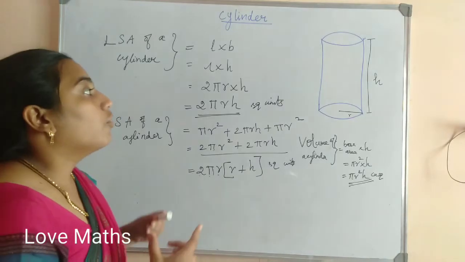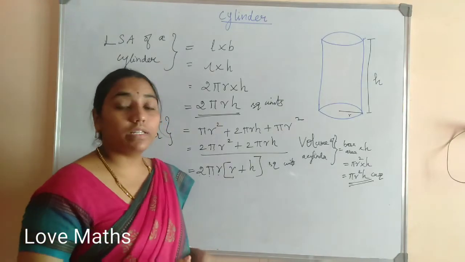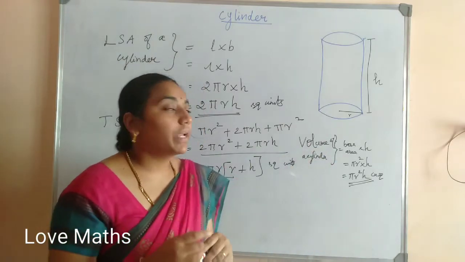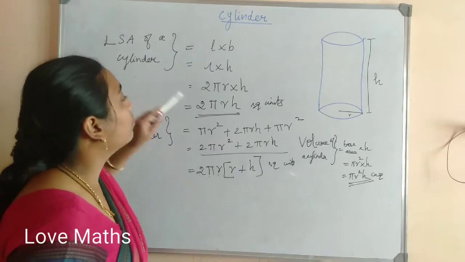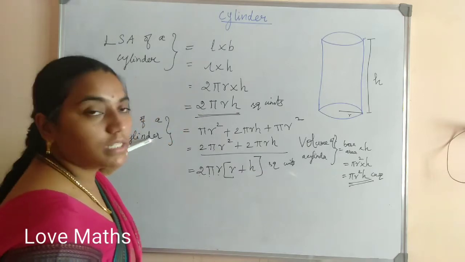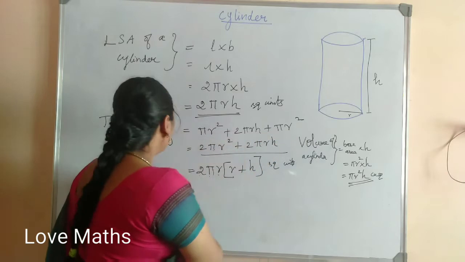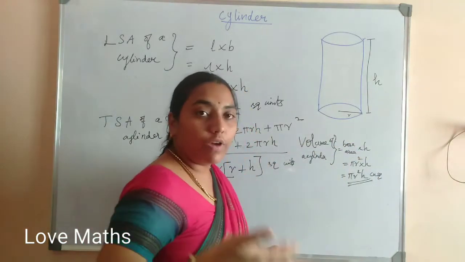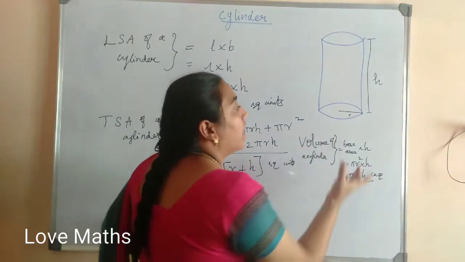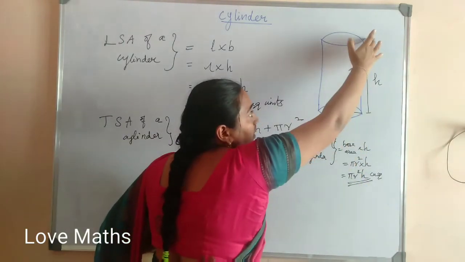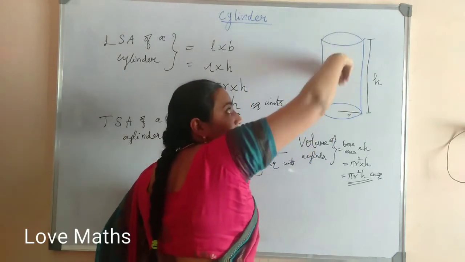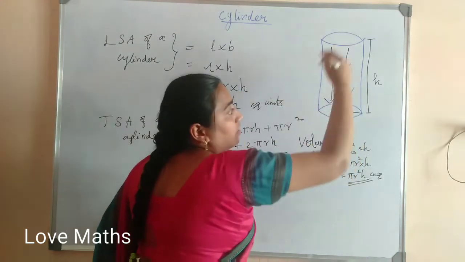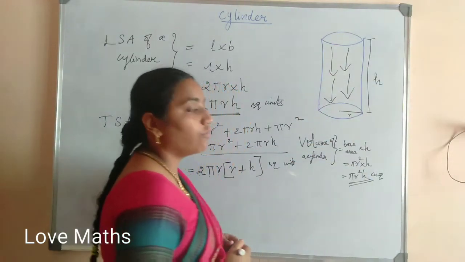Okay, is it clear? I hope you understand because it's very easy. Cylinder is made up of the rectangle. Based on the rectangle, we have to find cylinder value. Then total surface area means you add top and bottom. So volume means base area into height. This is very important. How to find the volume? We have this base area and this height, and we can find out how much inside space is there. How much we can put inside this space, that is the volume. So that is the formula.